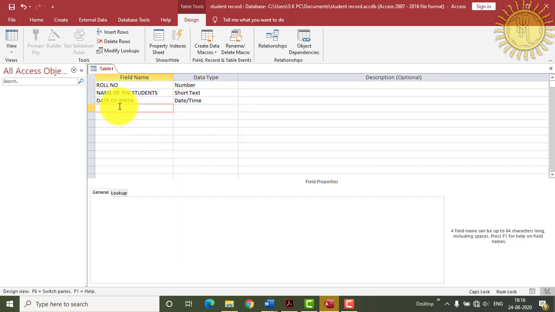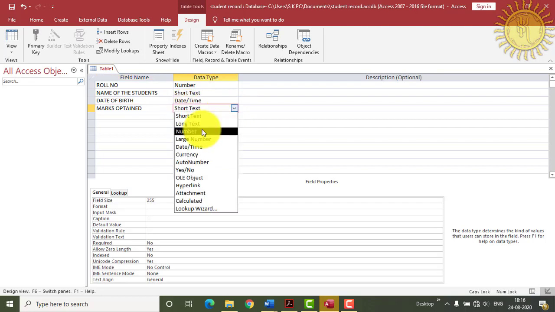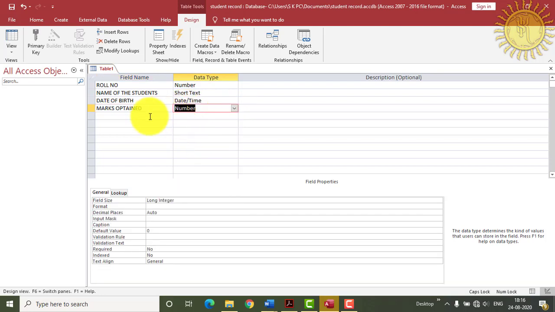Then there is marks obtained. Marks obtained is in the form of number, so we will select number as a data type.